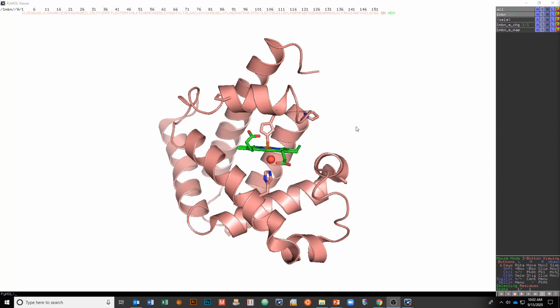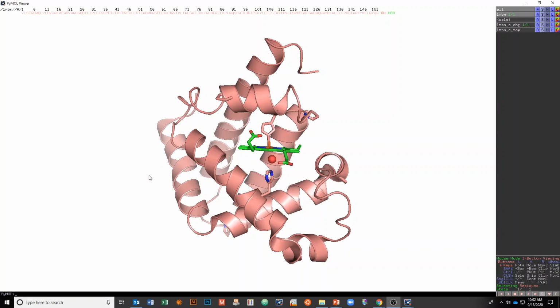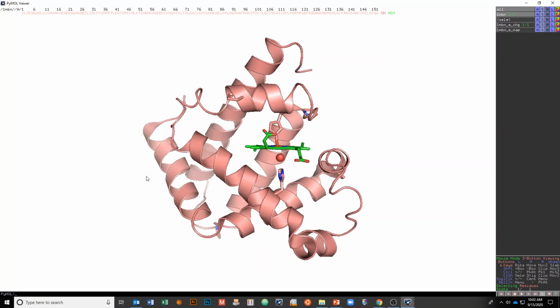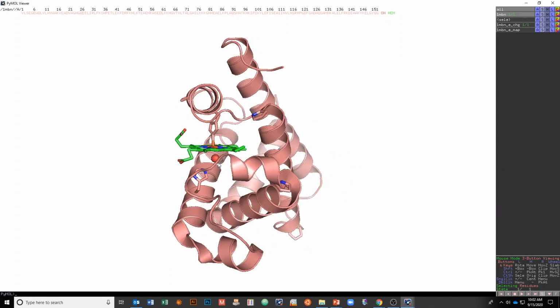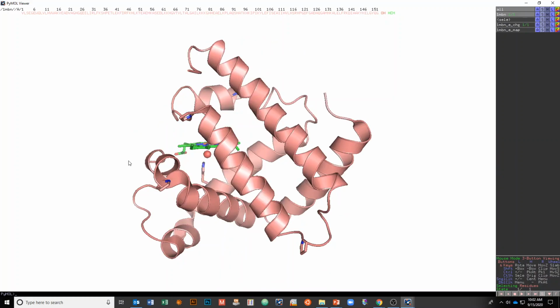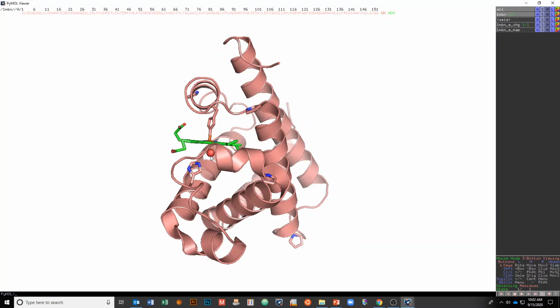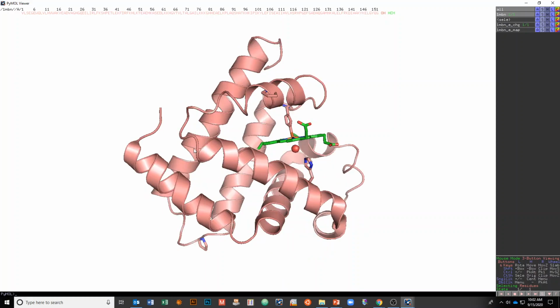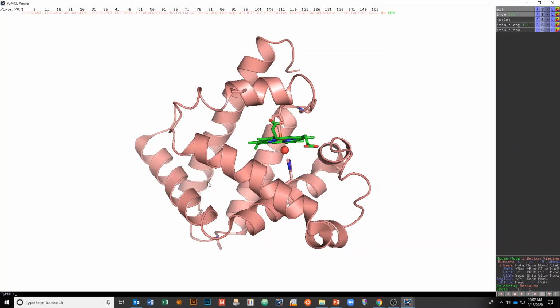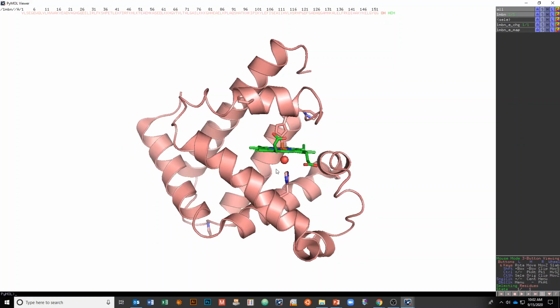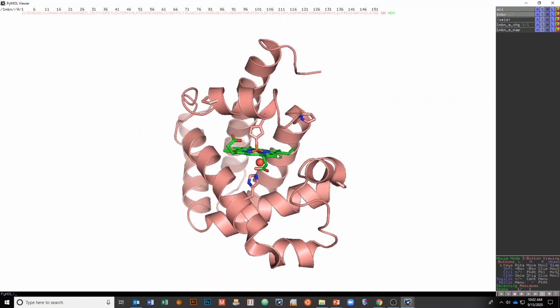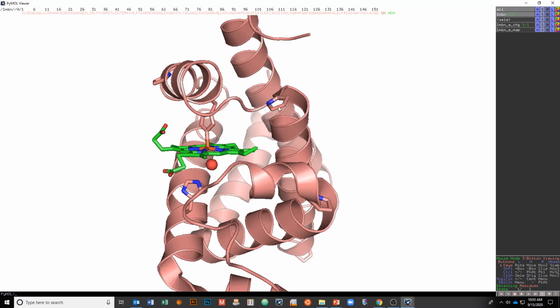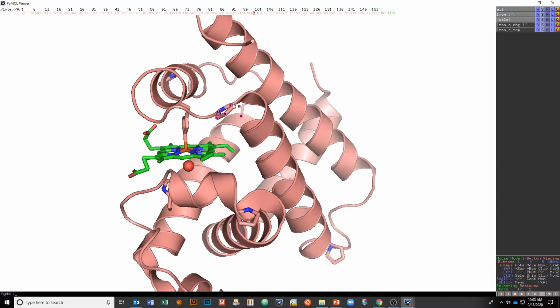Okay, so looking at this, I've highlighted a few features here. What I want you to see first is that there is no secondary structure here that is in any way in the beta conformation. You've just got alpha helical segments, and rather random coiled structures here. I've also highlighted the prolines I was just talking about. So here I want to make note, here's one proline, and you'll see it actually occurs at the end of